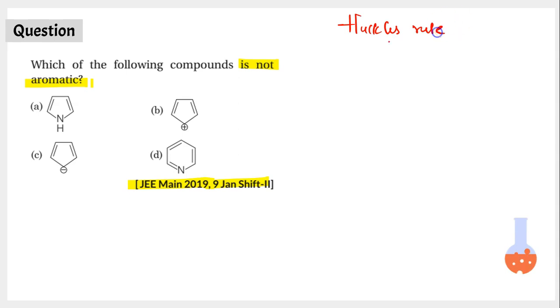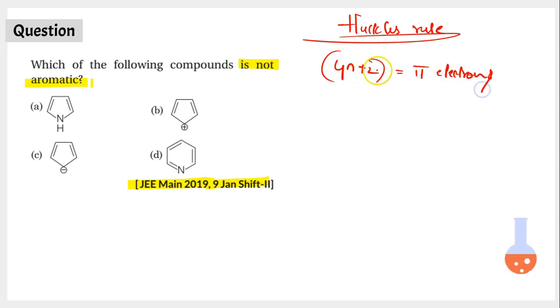So this Huckel's rule helps us in deciding if the molecule is aromatic or non-aromatic. And according to Huckel's rule, if there is a molecule whose aromaticity is to be defined, then you should see if that molecule is satisfying this equation or not. And the equation is 4n plus 2 should be equal to the number of pi electrons in the molecule that you are talking about. In place of n, you can take 0 and test. You can take 1 and test, you can take 2 and test, and 3, 4, 5, you can take any integer. Place a value for n in this equation. The solution of this equation should be equal to the total pi electrons in the system that you're talking about.